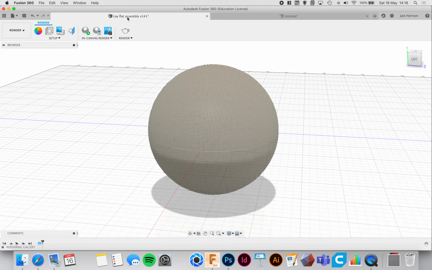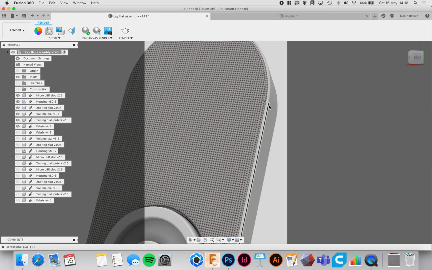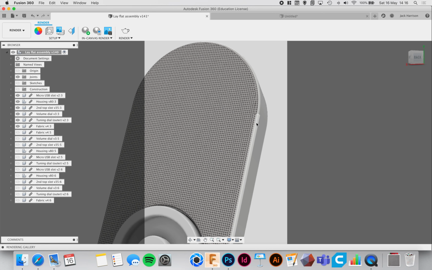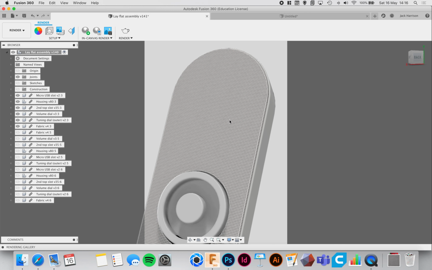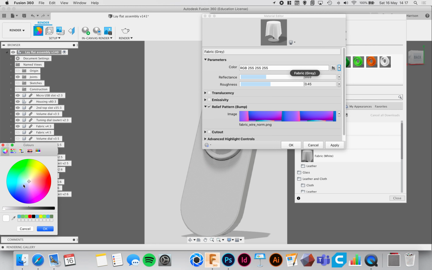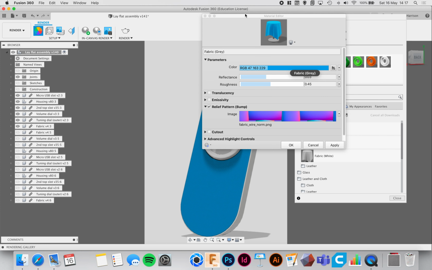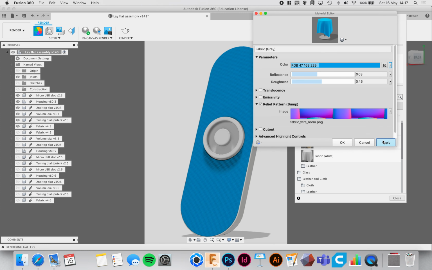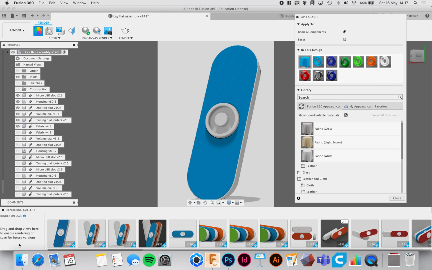But for something like the radio, even if we were to apply a planar map to it, because it's a flat object, it would work quite well, but you wouldn't have any imperfections on the fabric and it wouldn't look great. So I've just rendered this. To change the color, if you didn't like grey, you could just double click on it, click advanced, make that bigger, and then go down to here and change it to color. I think it is like a dark blue. That'll do. Click OK. Now that was pretty close to what I wanted, so that's fine. So click apply. Now if I was to render that here,